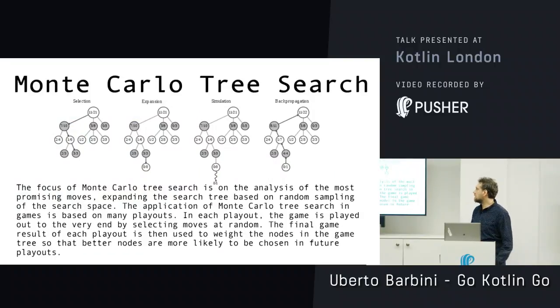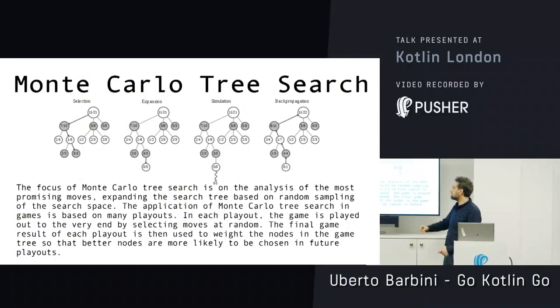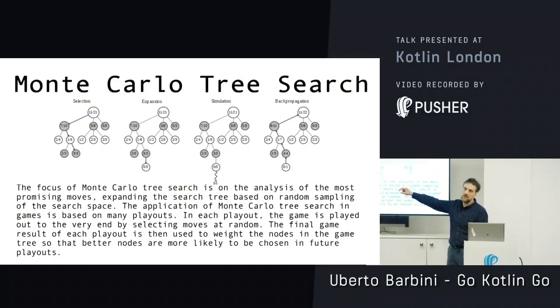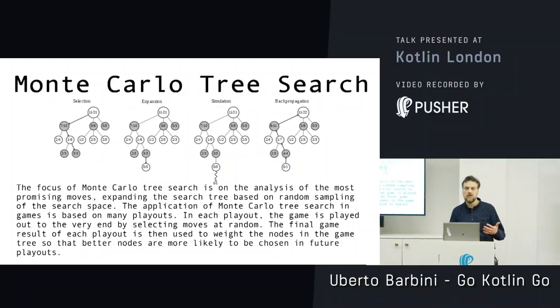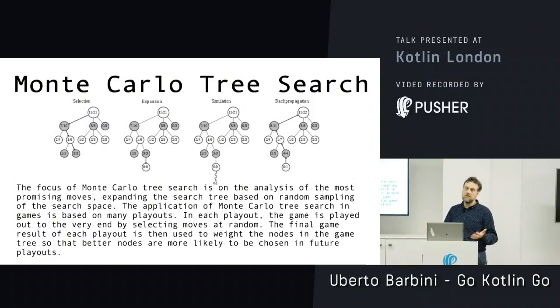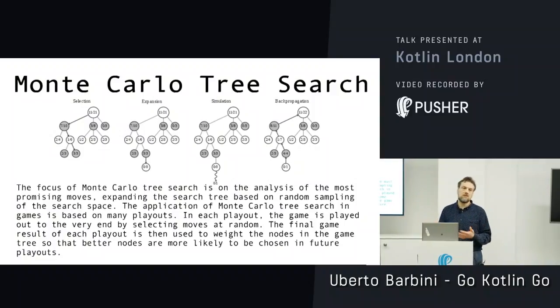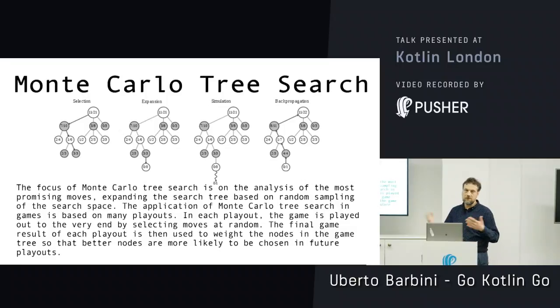Basically, Go programs use the Monte Carlo tree search algorithm. Because the problem with Go is that at some point you want to evaluate. For example, in chess or in other games, it's quite easy to evaluate. You have some heuristics, so you can count the number of pieces and stuff like that. But in Go, it's absolutely not easy. Not even professionals can say at the beginning who is ahead.